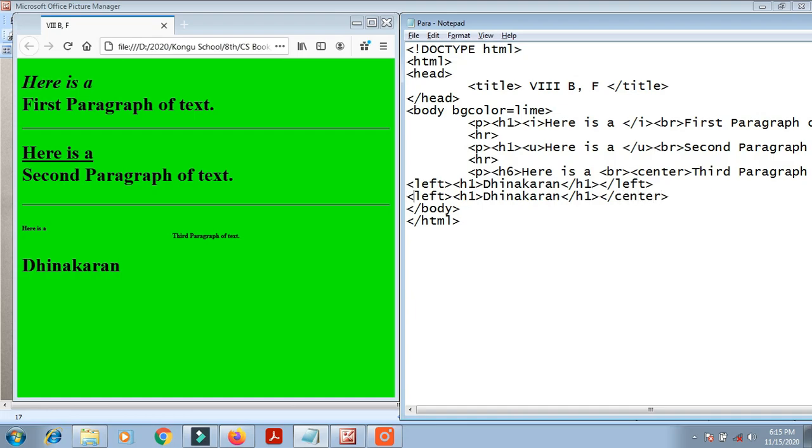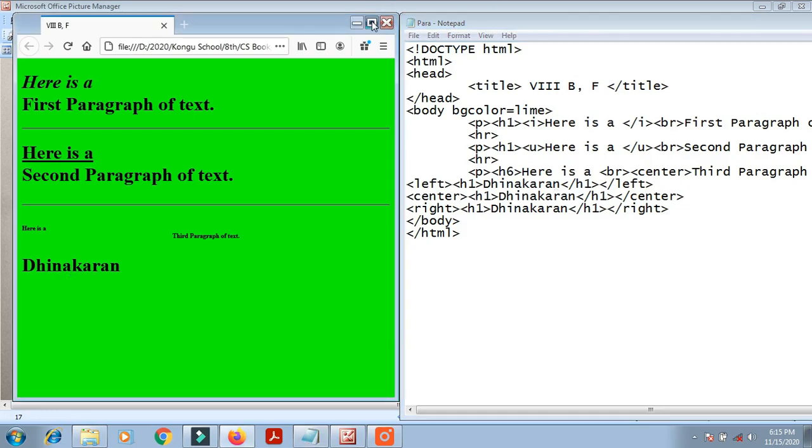You must listen to the spelling of center, C-E-N-T-E-R, center alignment. And the next one, right alignment, R-I-G-H-T. So this word will come here, and center and right, in the three places also.